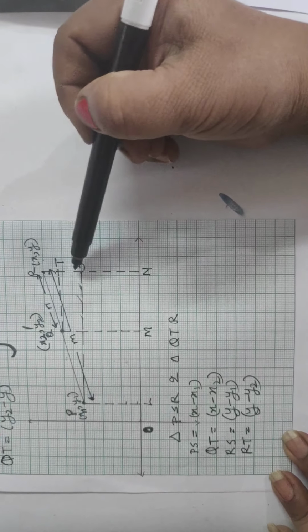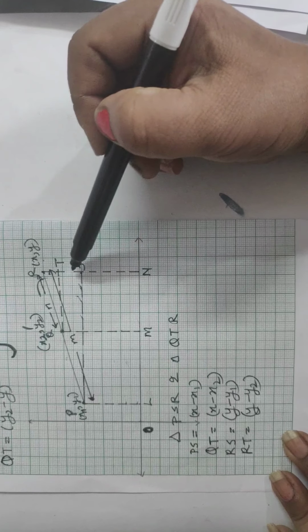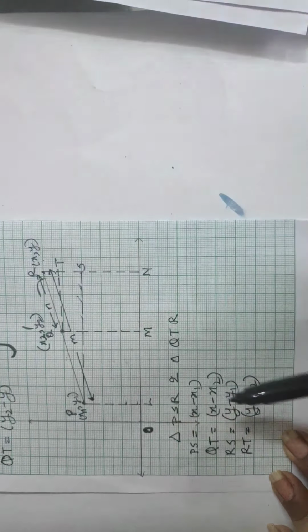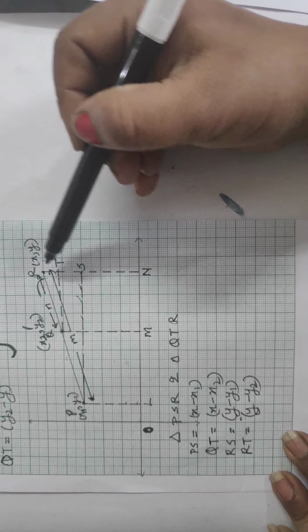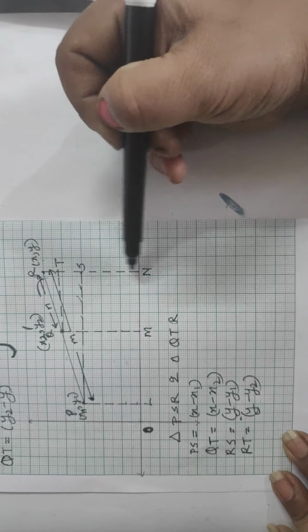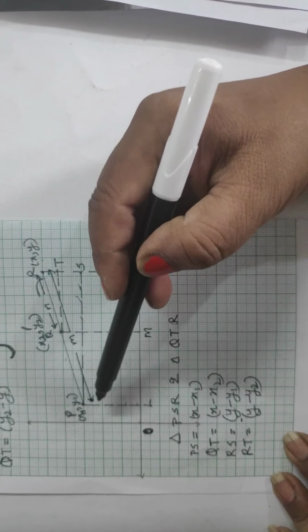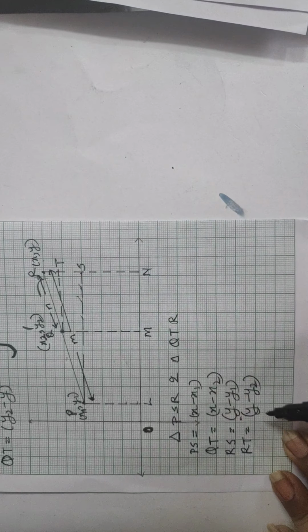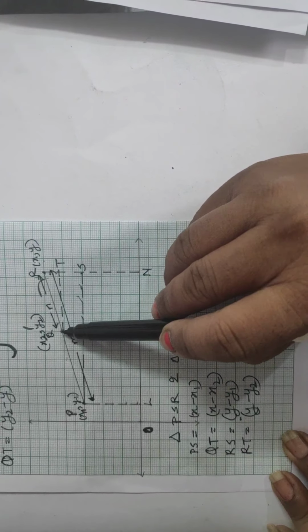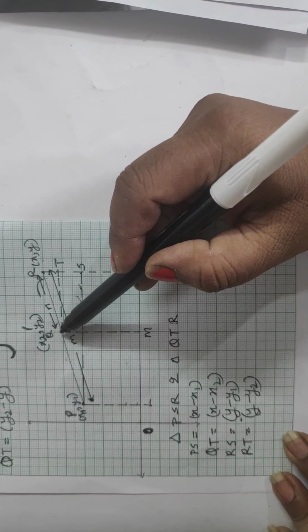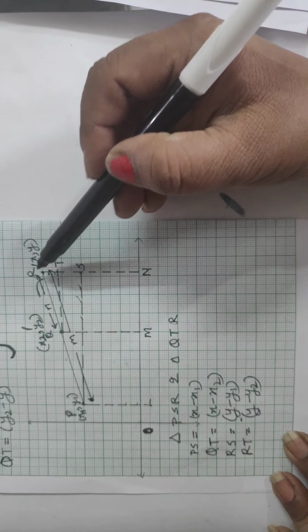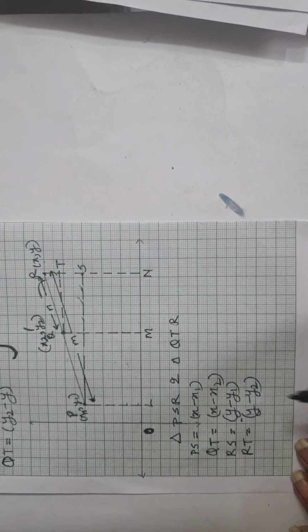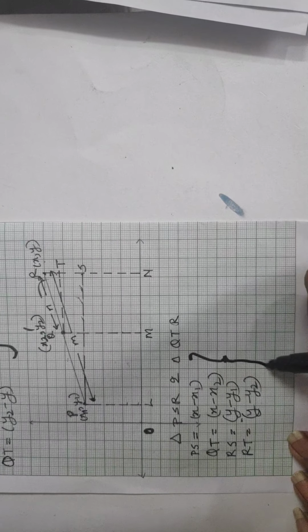Same goes for this one. Sorry, RS, because we are taking this complete triangle, the value of RS will be Y minus Y1. Here, we need RS, that is RN minus SN, where SN is equal to PL, that is Y1. So we have got Y minus Y1. And RT is equal to Y minus Y2, this one is QM. So to find RT, RN minus QM. Yes, so we have got Y minus Y2. So these are the few values that we are going to use.